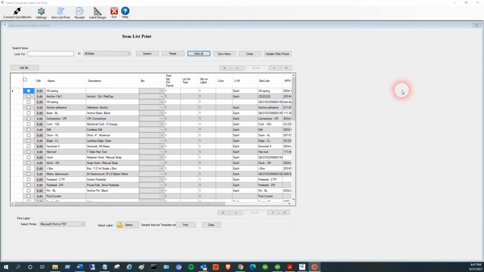Okay, I want to get into a few of the advanced features in our item list printing mode. In the first video, you'll see it on our YouTube channel, I get into the basics of using our item list print mode screen. Now, for those of you that want to get into a few more things that are a little bit more subtle